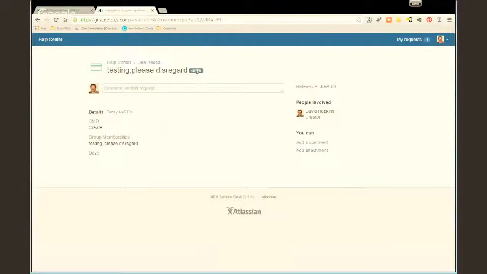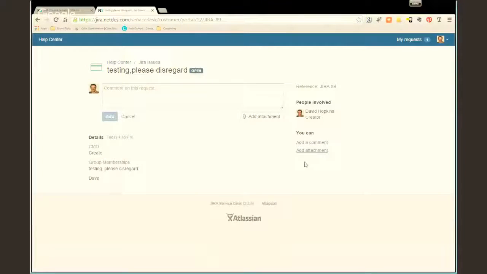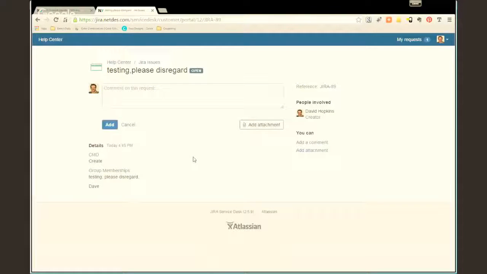It's currently open. I can add comments, I can add attachments to it. Okay, so if we add an attachment to it, go ahead and throw that up there. That's my dog's vet bill from last weekend. I don't think anybody will mind. So now we have an attachment that I've attached, and it wants to know what this is. So this is a vet bill, just using it as a